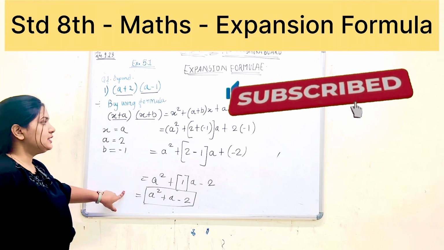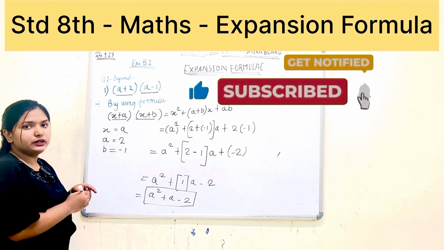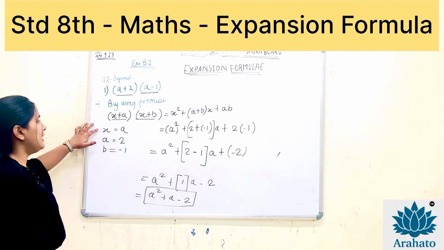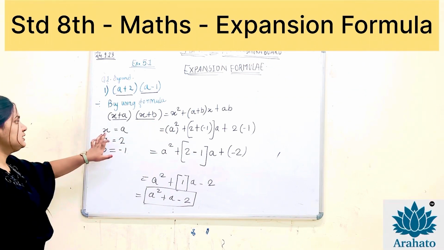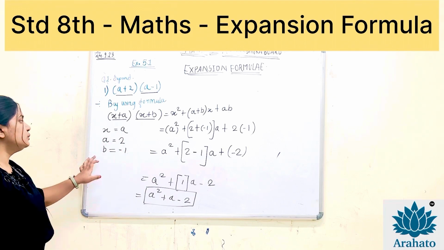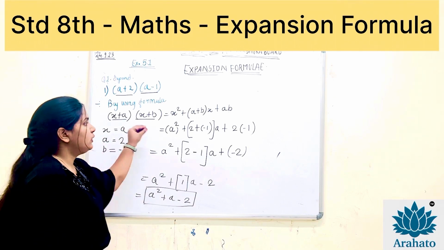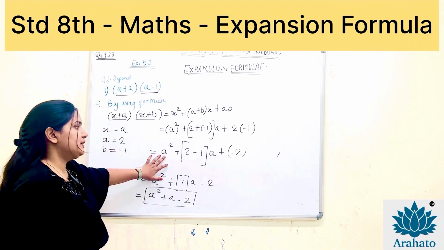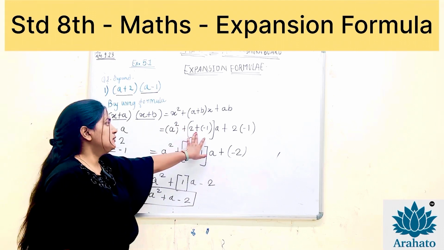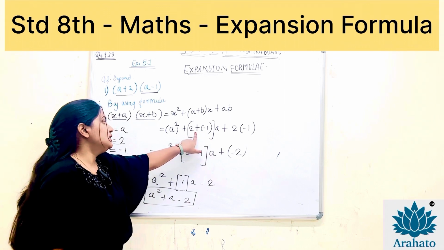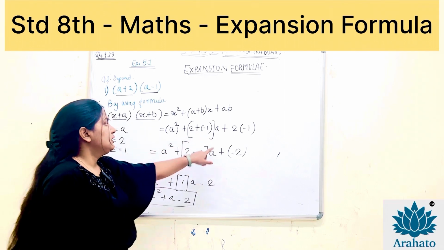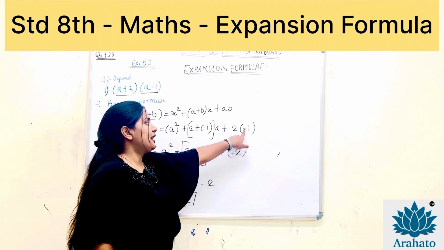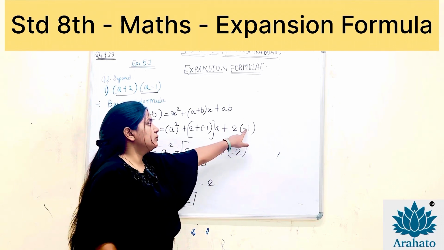Okay, so it's very easy. Now I am explaining it again. Put the values, whichever values you have got. x is equal to a, a is equal to 2, b is equal to minus 1. Put every value in this formula as it is and now solve. a square will be a square. Solve this plus and minus. Plus into minus is minus. As it is, it will come down. 2 into 1 is 2 and minus sign. 2 ones are 2, it became minus.